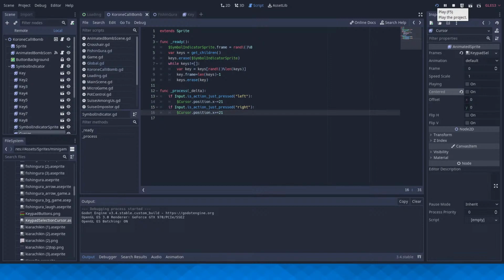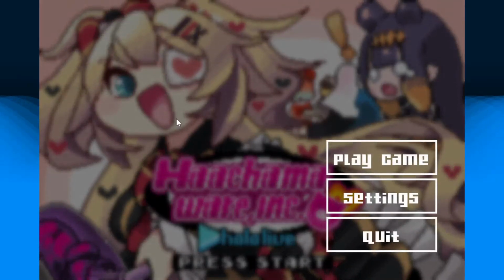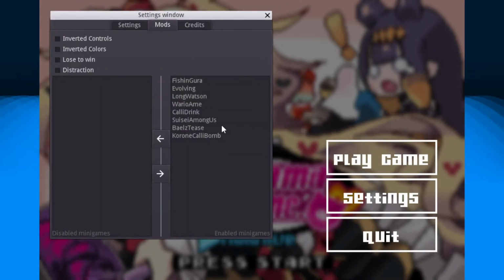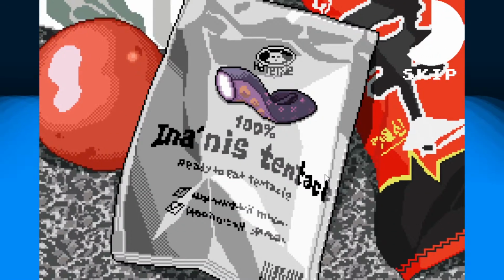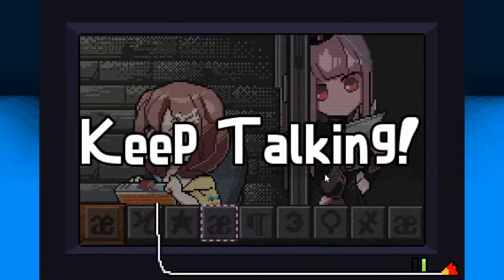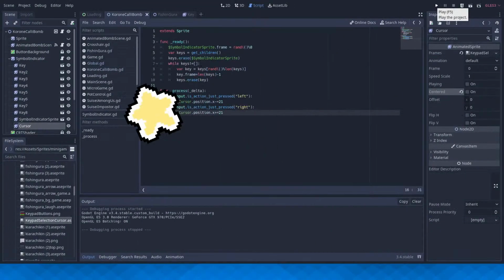There's OBS, and switch over to the game. So, mods. And skip the intro, and there we are. Oh, I forgot to make the selection cursor actually move.